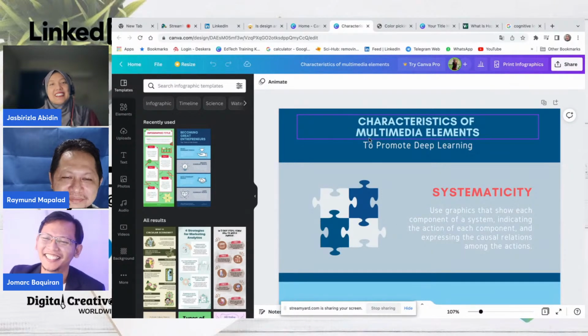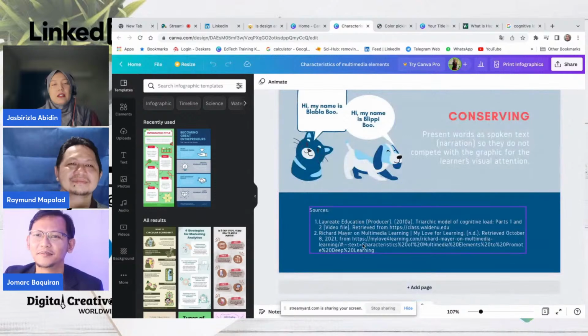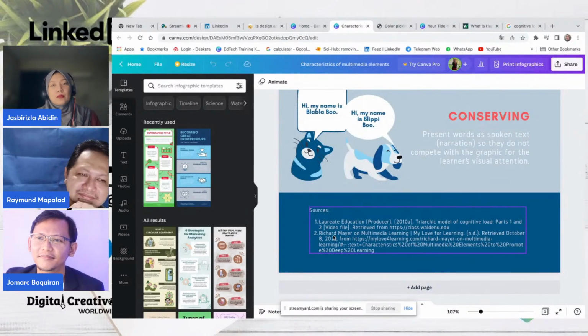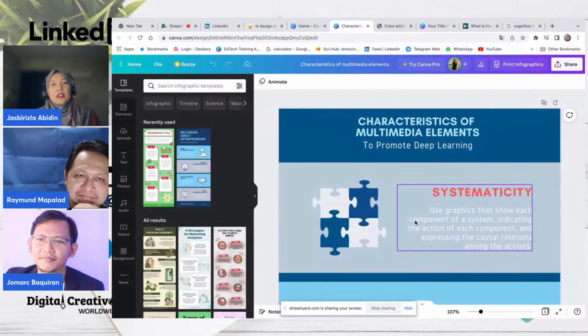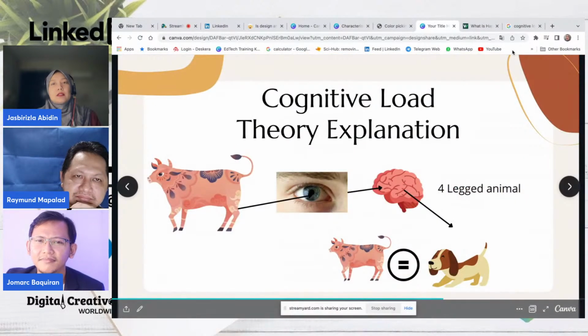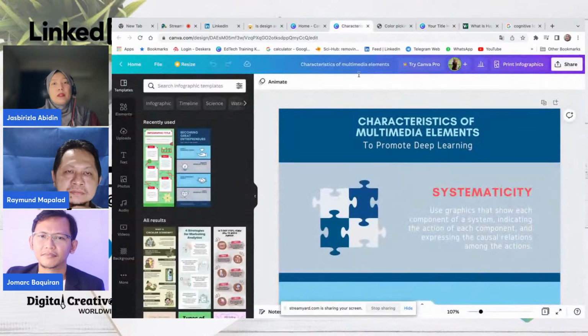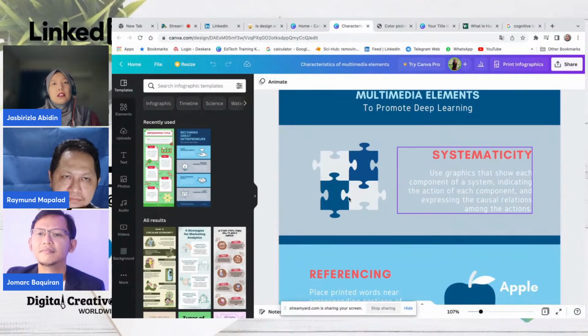Okay, so this is something that I've created, taken from sources. I can share this with everyone. So basically, from that simple cognitive load theory, there are actually about 12 multimedia learning theories that can be implemented in designing. The first one would be